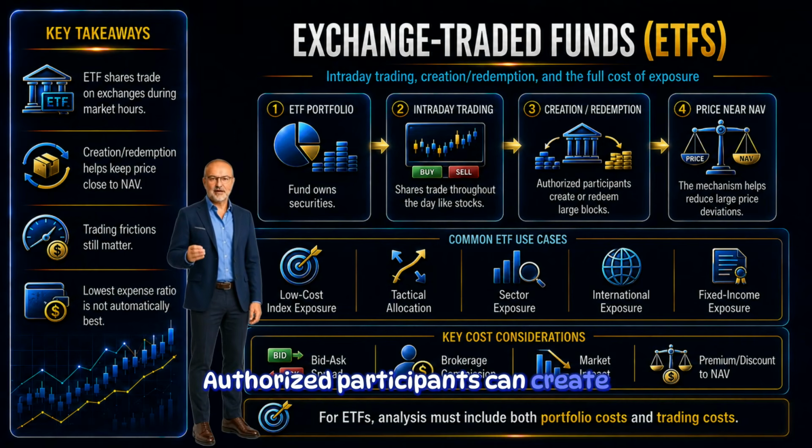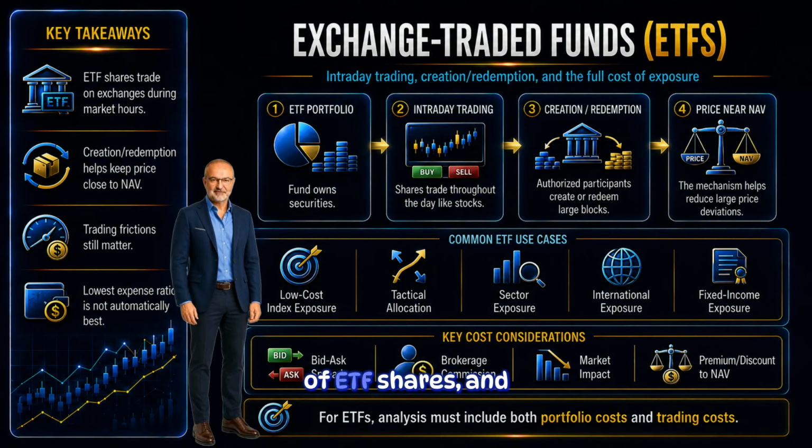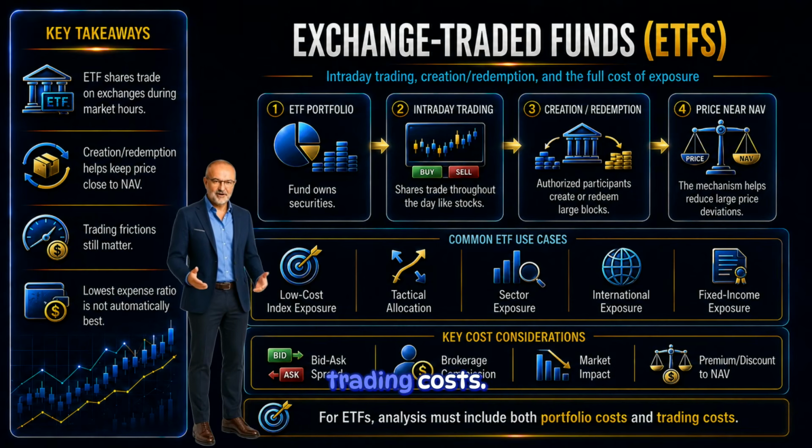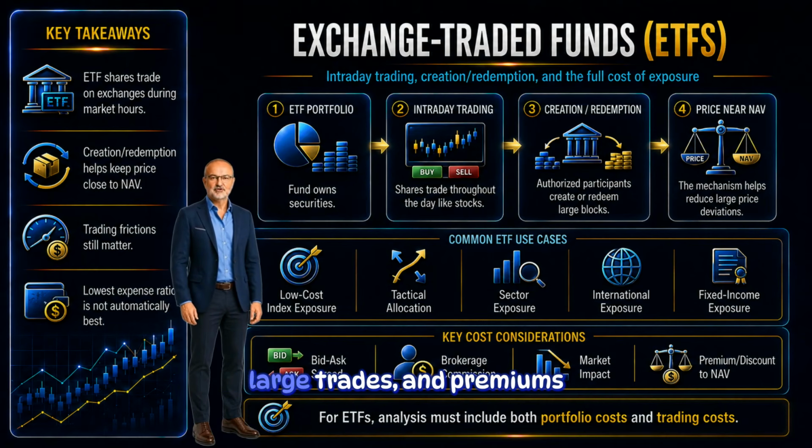Authorized participants can create or redeem large blocks of ETF shares, and this process helps reduce large differences between market price and NAV. But helps doesn't mean guarantees. ETF investors still need to think about trading costs. These may include bid-ask spreads, brokerage commissions where applicable, market impact for large trades, and premiums or discounts relative to